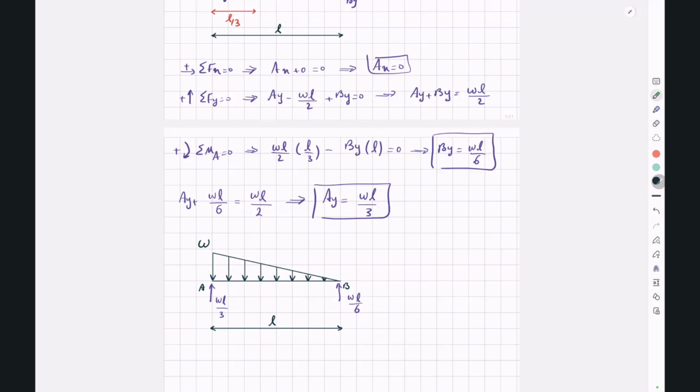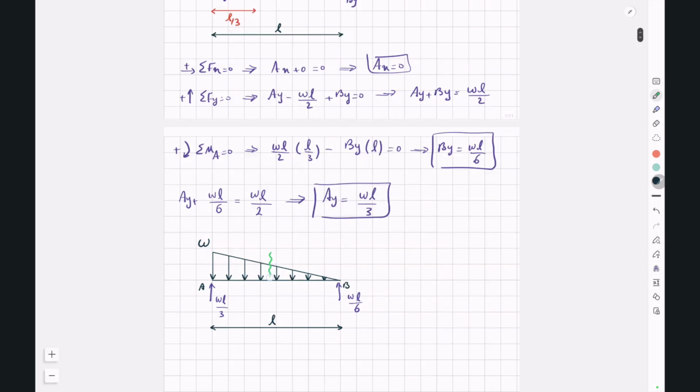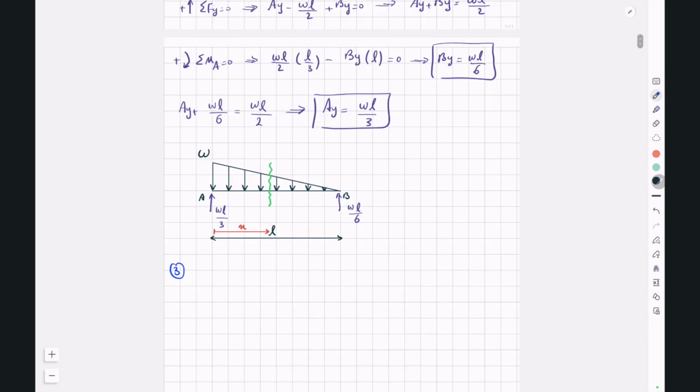And now in the third step, we can cut the beam at a distance X from the left support and draw the free body diagram for any of the two segments. So if this is X from the left support, we can draw the free body diagram for either this segment or this segment and determine the shear force and bending moment for that segment. So step 3,